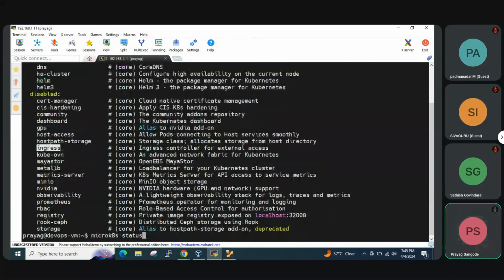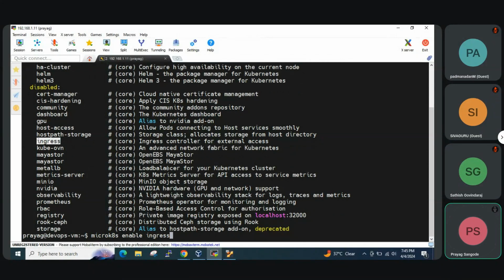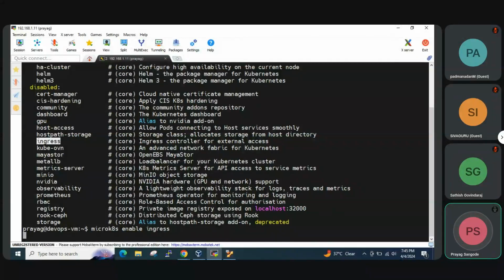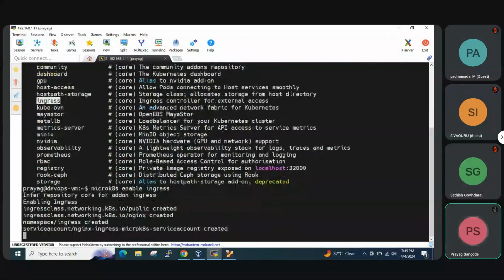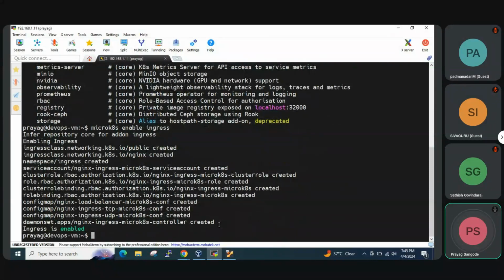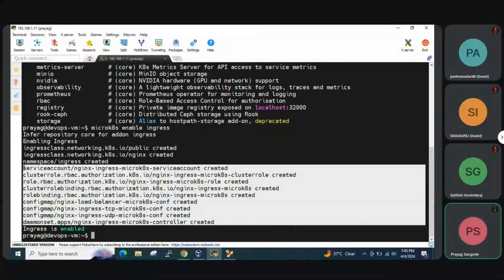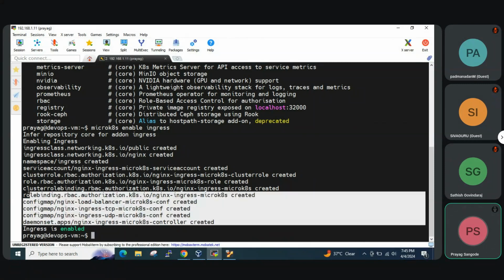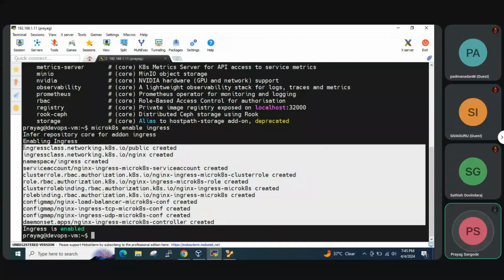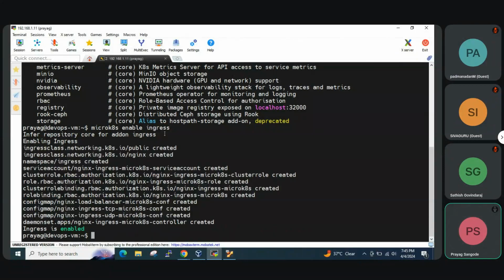So let's first enable it, microk8s enable ingress. So if you see what it is doing when I do enable, it is installing some configurations. Okay, so what are these configurations? These are nothing but some YAML files executed at the backend. So everything will be installed in this Kubernetes. Even some controller like Ingress or Nginx Ingress will be